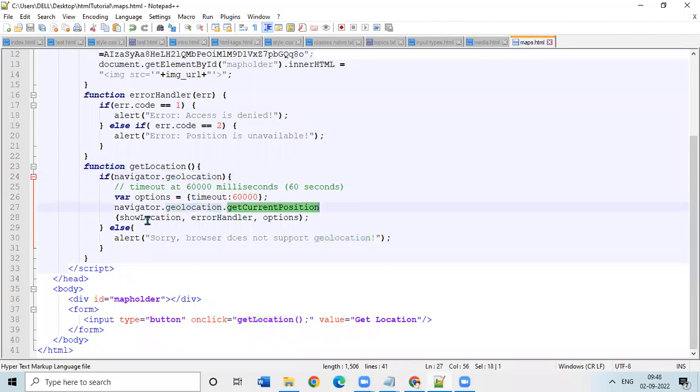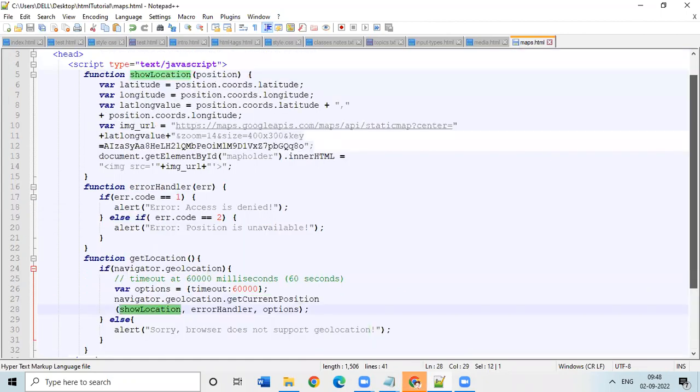Inside that, this show location we are passing that, right? So inside the show location we have to pass this position property, and we are getting the latitude and longitude, and we are combining them, position.coords.latitude plus longitude, and we have to pass this to the Google Maps, Google APIs, and the longitude and latitude value we should pass